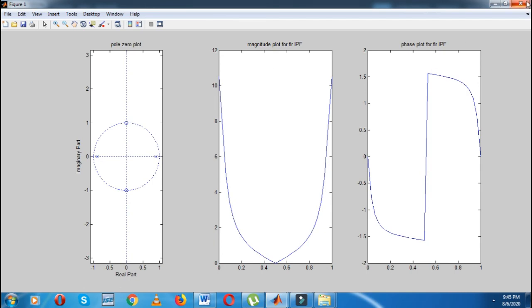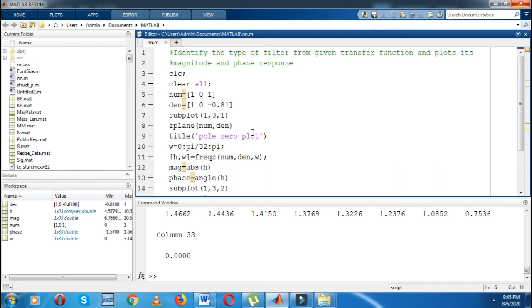Like this you can change the numerator and denominator and identify the type of filter from a given transfer function. I hope now you understand what the coefficients should be for an IIR low pass filter, what they should be for an IIR high pass filter, what the coefficients are for FIR low pass and high pass filters, and finally we discussed the IIR band pass filter and IIR band reject filter.